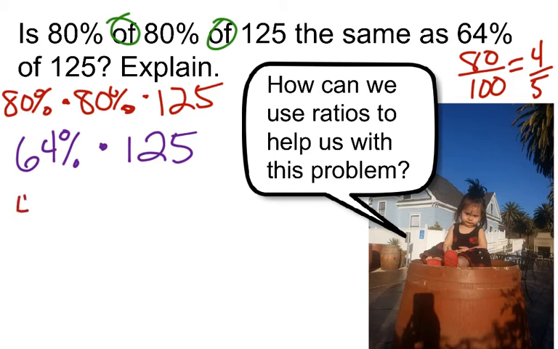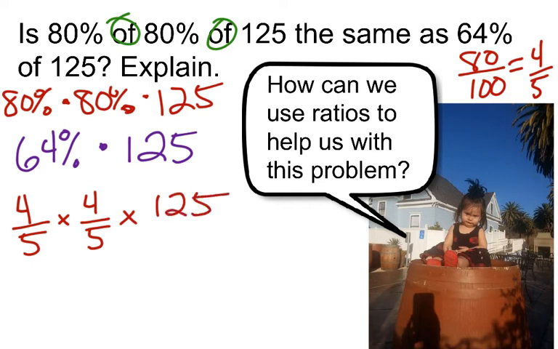So we have 4/5 times 4/5 times 125, and I'll just make that 125 over 1. I'm not going to solve this yet, because now I want to look at